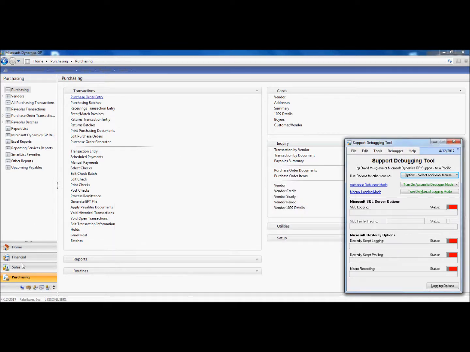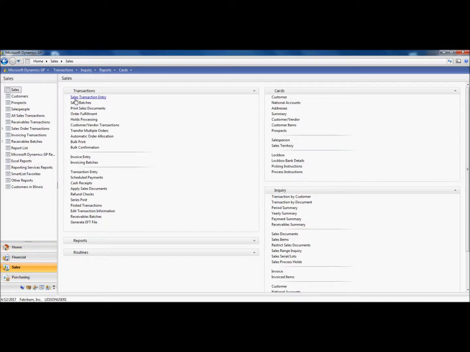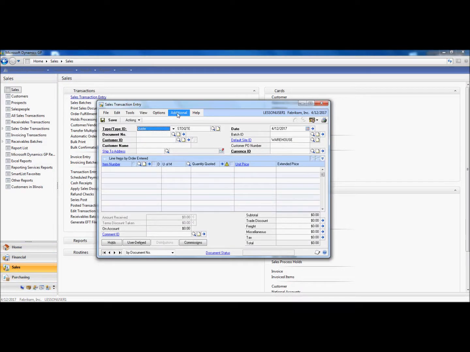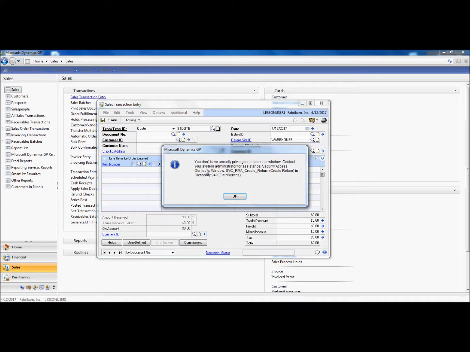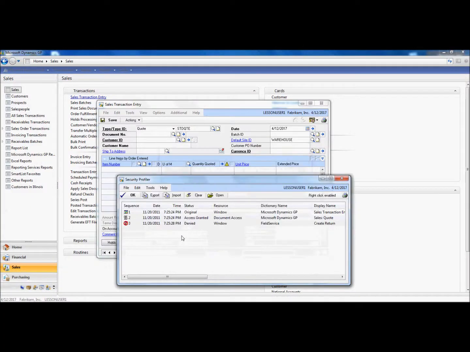Now, if we go to Sales, select Sales Transactions, and go to Additional, Create Return, you'll see that we get a message that says you don't have security privileges to open this window. Well, if you have been working with Microsoft Dynamics GP for a while, you are probably familiar with this error by now. However, if we actually go to Security Profiler, we'll notice that Security Profiler has actually captured the denied